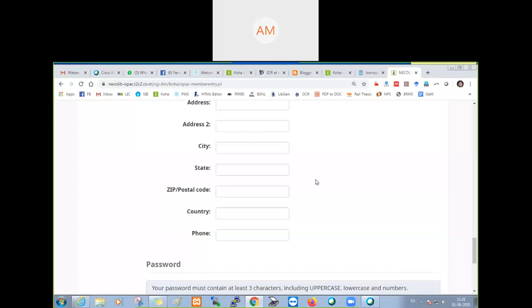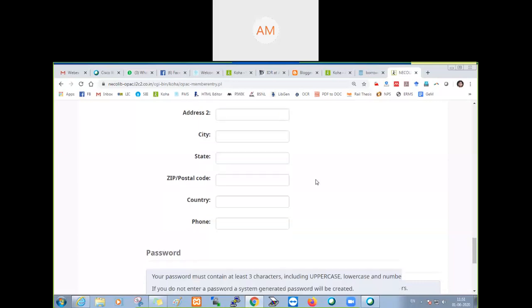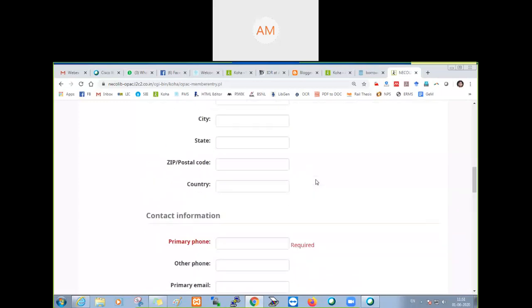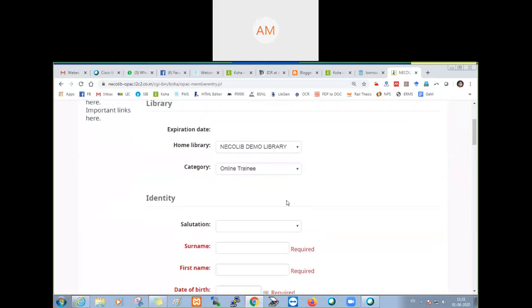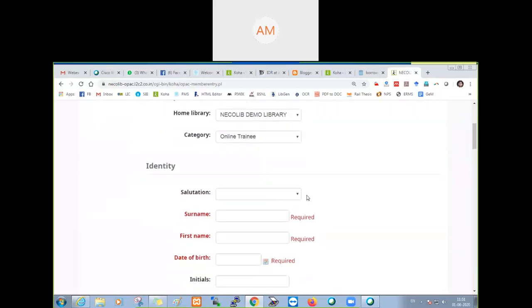So our next step will be how to make the email ID unique, so that a particular user who has registered with a particular email ID, the same email ID cannot be used by other students. So now I am trying to register a student first. Then we will see what to do.